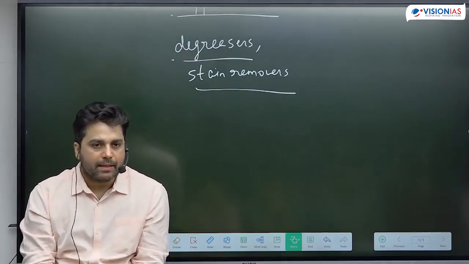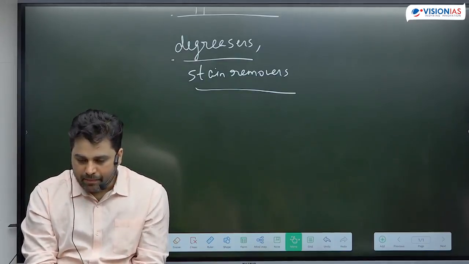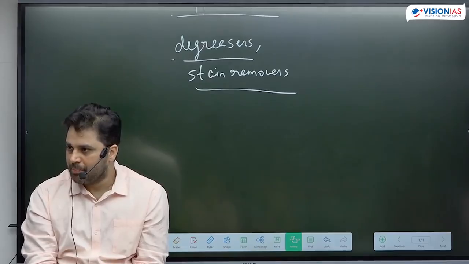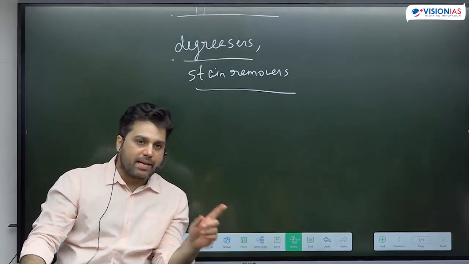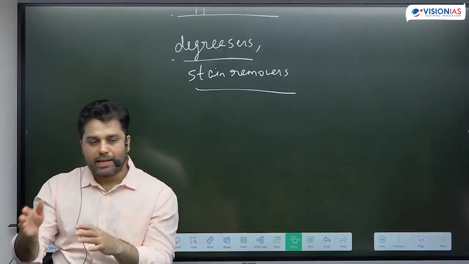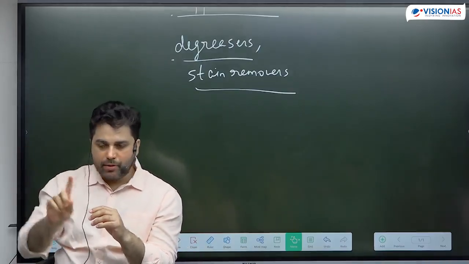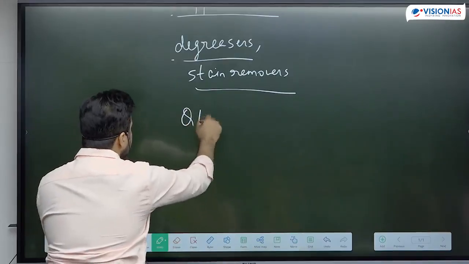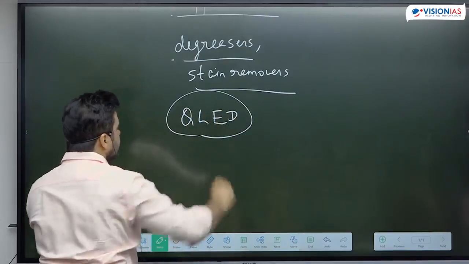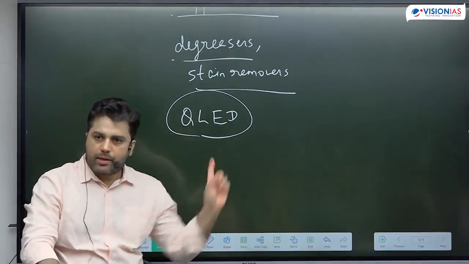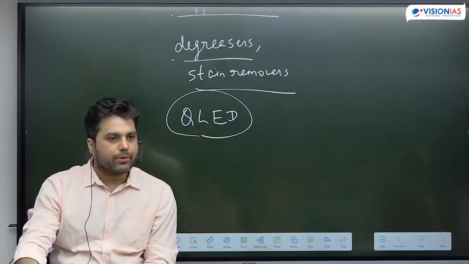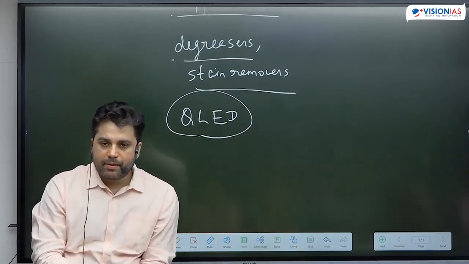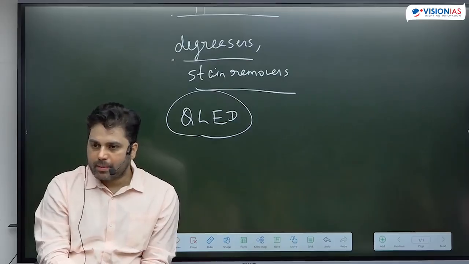First application. Second application is into a type of television you might have seen in some showrooms or perhaps in your houses also. जो typical हम TV use करते हैं, जैसे पुराने TV used to be LCD, things improved in LED. You have OLED, but you have a very particular display called QLED display. किसी ने सुना है पहले QLED display? Go to any TV showroom, Samsung, LG, कहीं पे भी चले जाओ, Sony. Ask them about QLED display, and they will show you this particular type of display technology.